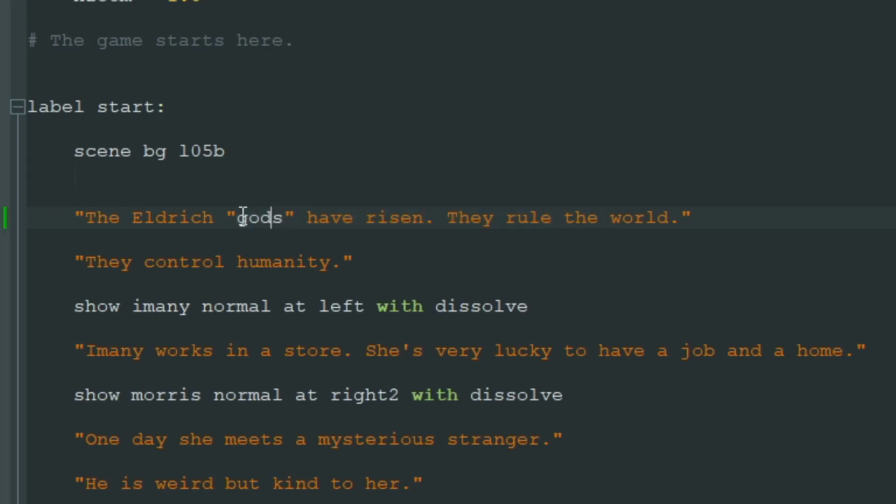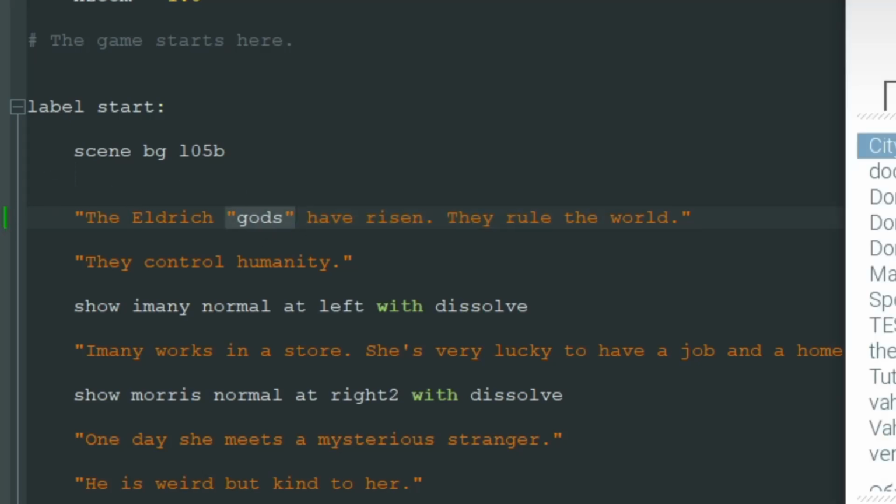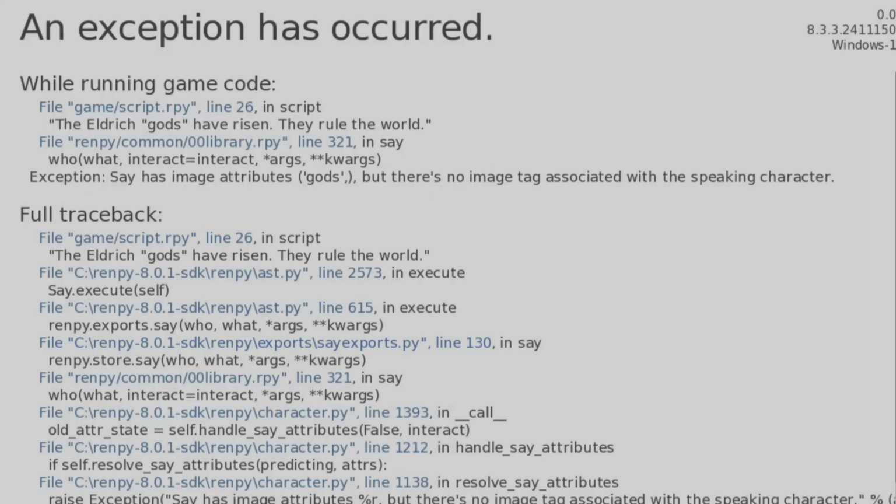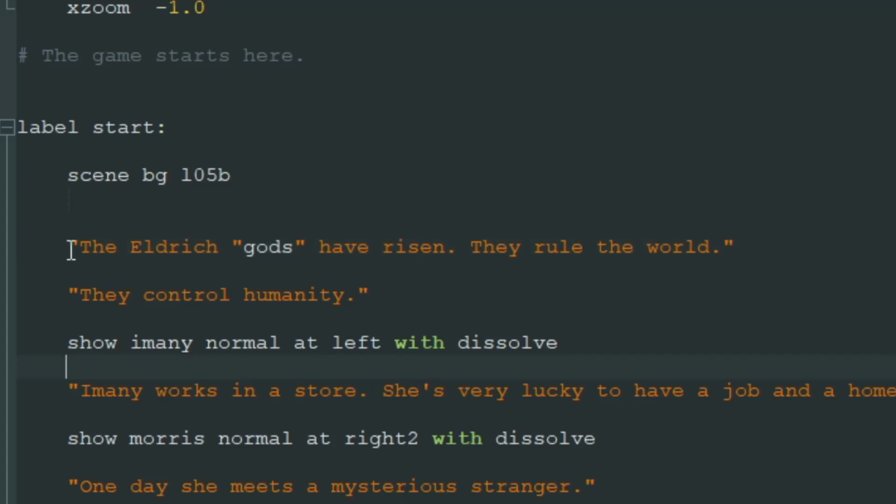In this editor it's white, and if we try to run the game we will get an error because RenPy doesn't understand what I'm trying to do. And what's going on? RenPy sees this opening quote, then it sees the second quote, and RenPy thinks that this is the text that you want to show on screen, and it doesn't understand what all of this is. So you can't use double quotes just like this, but what you can do is use different kinds of quotes